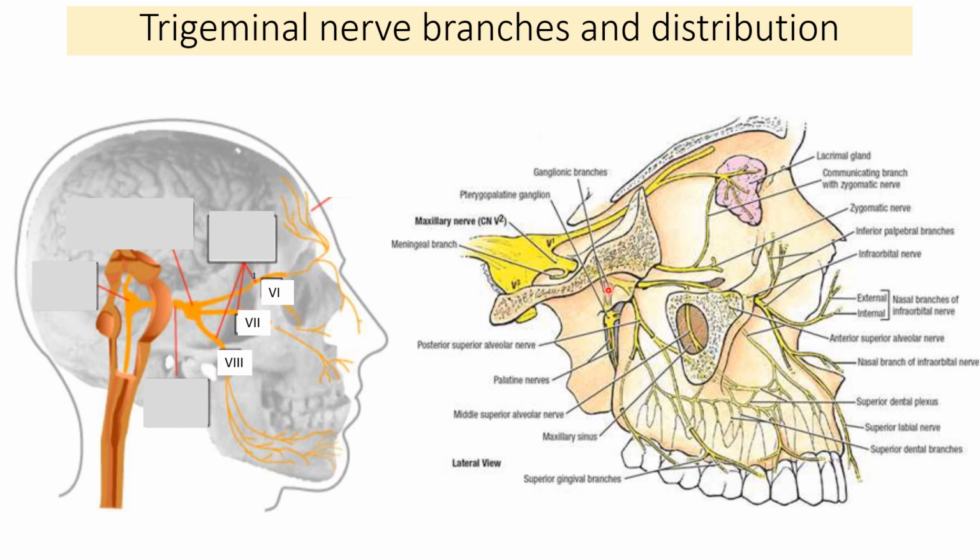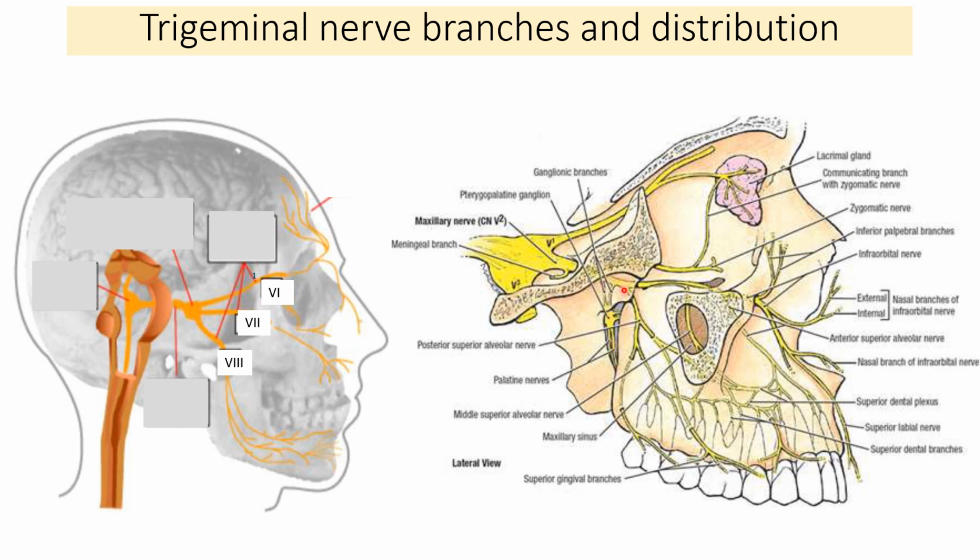So here the nerve has two sensory roots. With the help of that, it is related with the pterygopalatine ganglion. So through this ganglion, there are many branches of the maxillary nerve. This ganglion receives preganglionic fibers from the nerve to the pterygoid canal. It gives the pharyngeal nerve and also supplies the nose, and the greater and the lesser palatine nerves supply the palate. So these are the branches from the ganglion.